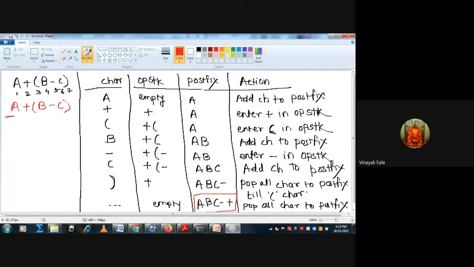So this is the first operand and this is the second operand, that is b minus c, then the plus sign, then a, then solve this bracket. Here again two operands, b c minus, then the plus sign. This is from our simple method, and this comes from our tabular form.